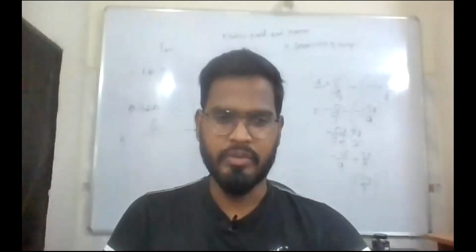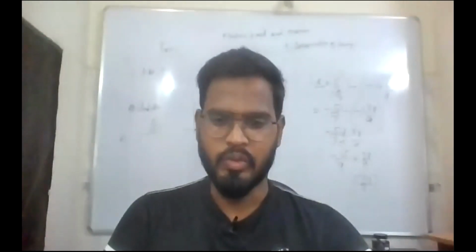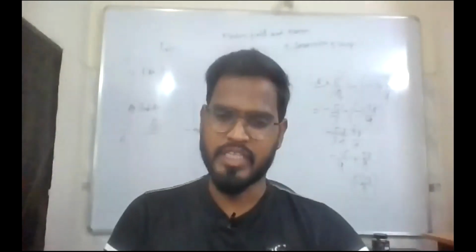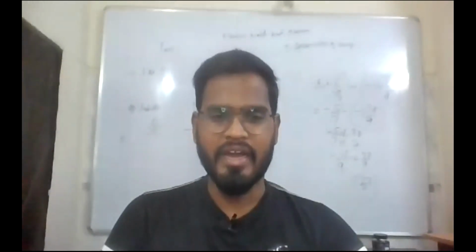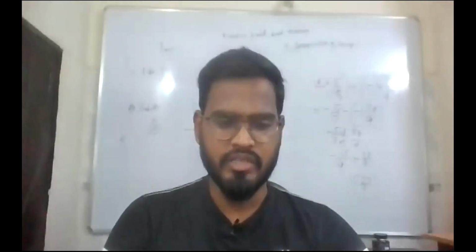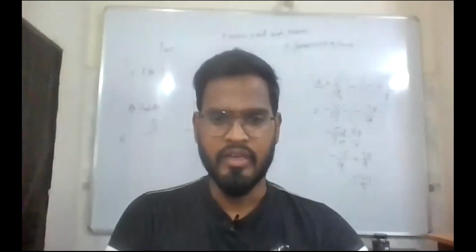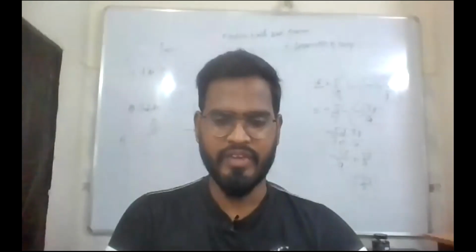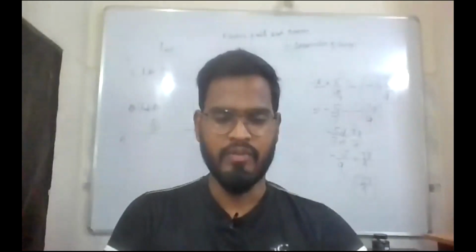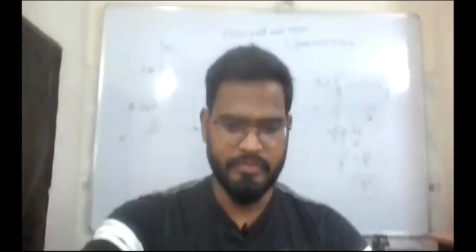Today's class we will do 2-3 questions based on graphs, where we'll find the area and the slope, like speed and velocity, as well as acceleration by graphs. Then we will see by the graphical method how we'll derive the equations v is equal to u plus at, s is equal to ut plus half at square, and v square is equal to u square plus 2as. Though we had done them by the algebra method, for school classes we'll have to do it by the graphical way. So let's start the class with numericals.